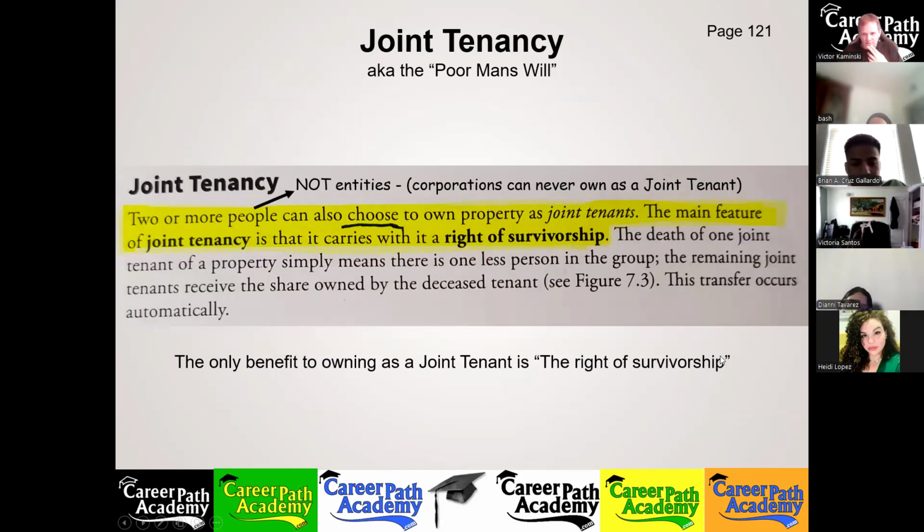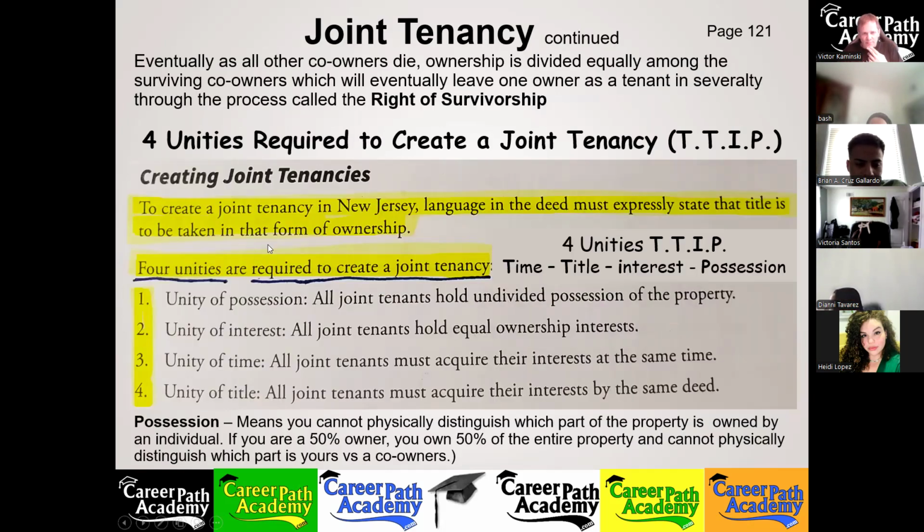Yeah, everybody got that? Okay, and then on the bottom of the page, where it says joint tenancies, right above it, four unities required to create a joint tenancy, TTIP. And then a little bit further down where it says four unities are required to create a joint tenancy, I wrote four unities, TTIP: time, title, interest, and possession, because that's the best way to memorize it